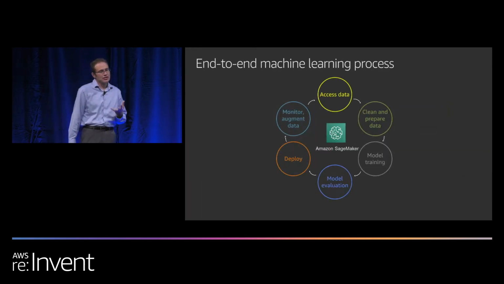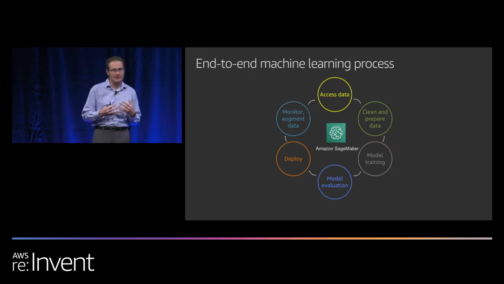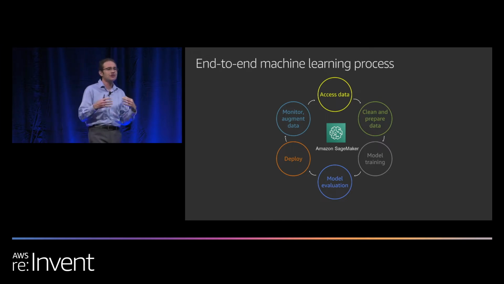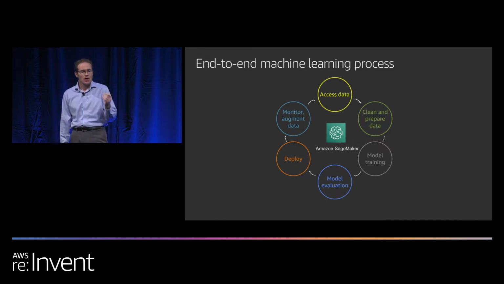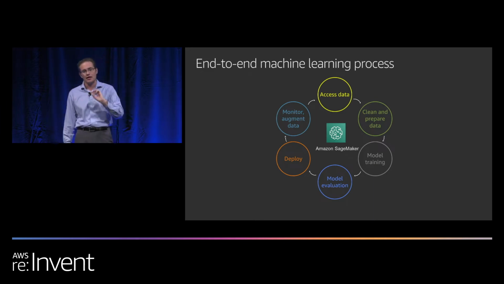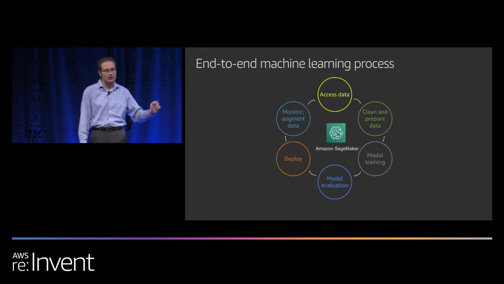So the end-to-end machine learning process, if you were going to build your own model and really do this by hand and go through all of that work, here is the flywheel, as we like to call it. So the first thing you have to do is access your data. You have to get your data into your environment so that you can use and prepare your model. Once you get the data, you have to clean it. And this is absolutely critical if you're building your own system. The cleaner the data, the better the predictions, the better chance you have of having a good model.